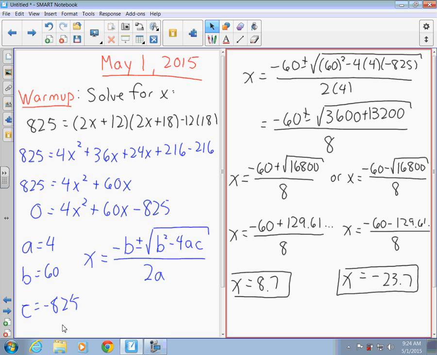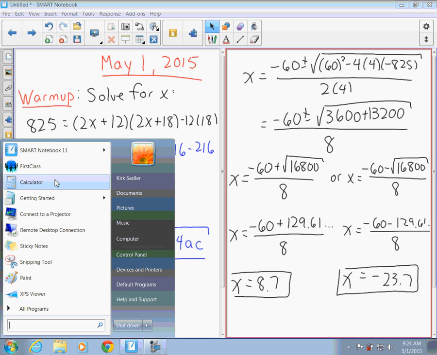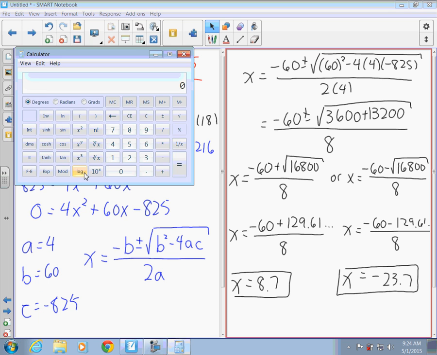I don't know why I like that word, but I do. So what you should do, and hope, I don't know if this helped or not. What I do, I would do 60 plus minus, and then I do plus 129.61. I would get equals, because you need that to be your numerator. Okay, right? And then divide that by